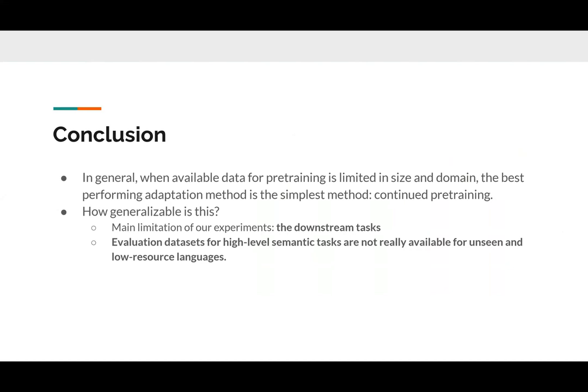And as we were doing this, we thought about how we can generalize this experiment. One of the main limitations imposed on us was the downstream tasks we use for evaluation. Part of speech tagging and named entity recognition are lower level syntactic tasks that depend mainly on the structure of a sentence. To get a more complete picture, it'd be best to have a more semantic, higher level task available. But unfortunately, for the languages that we're thinking about, these sorts of data sets aren't available.